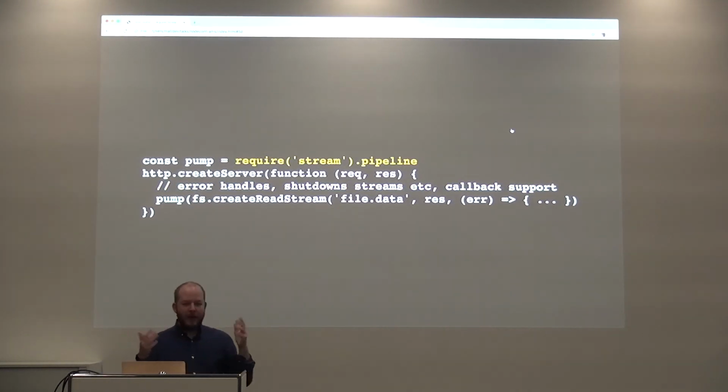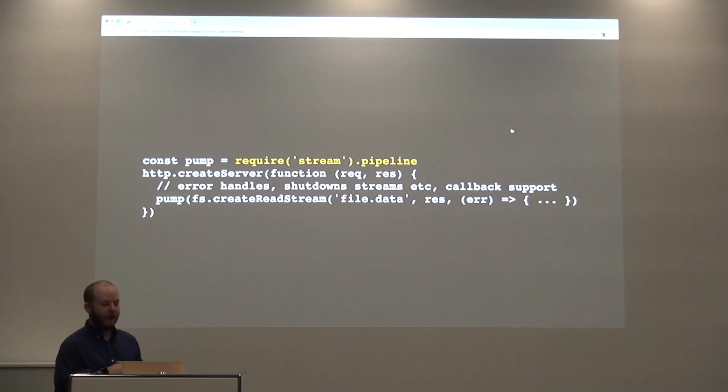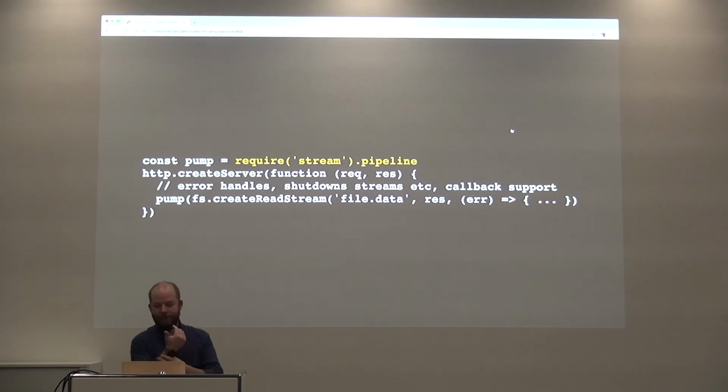It was so nice that we got it added to Node Core. There's actually a pump method in Core also, taken from way back in the day. It's called pipeline, which is also a really cool sounding name. So if you require pipeline, then you can do these stream dances without any errors and any memory leaks. That's really nice. So that's an alternative to pump? It is. It's just the pump code. We put it in Node Core.